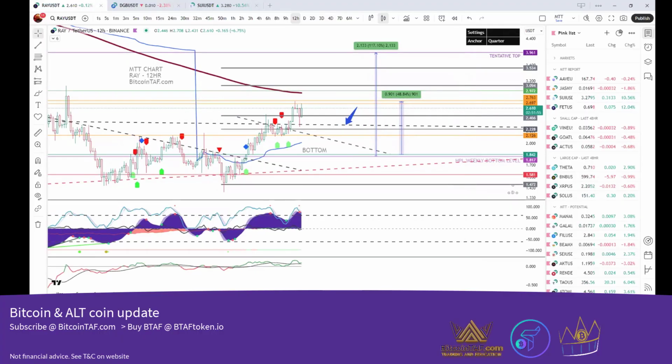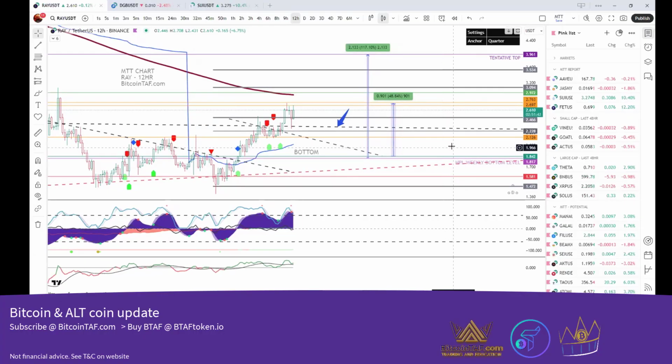Wow, that was an excellent analysis. I wonder if we mustn't cut this out and just throw it under the welcome section on BitcoinTAF.com, so when new members come, they can go and have a look at that. It actually opens your eyes to 4-hour, 12-hour, and maybe let me show quickly